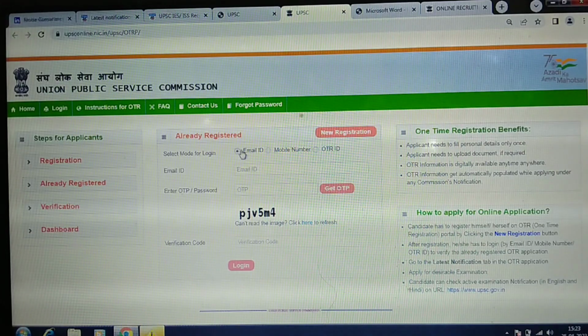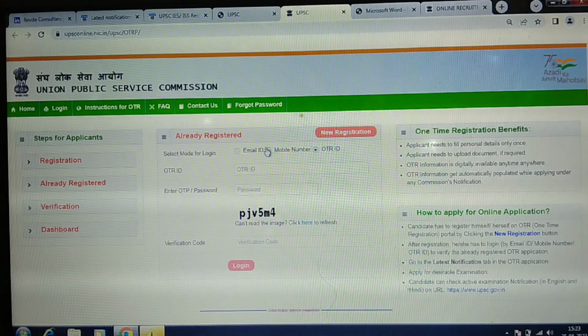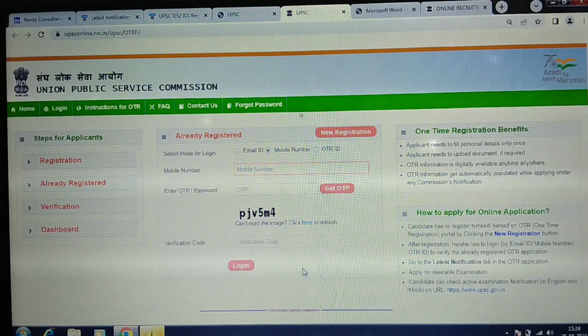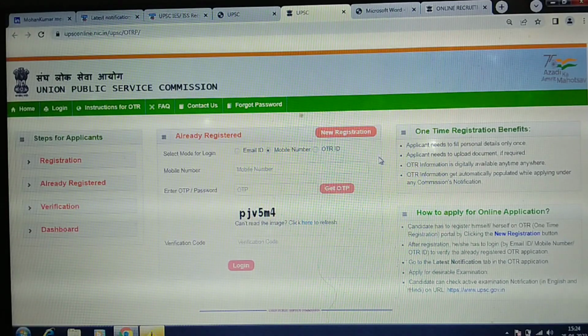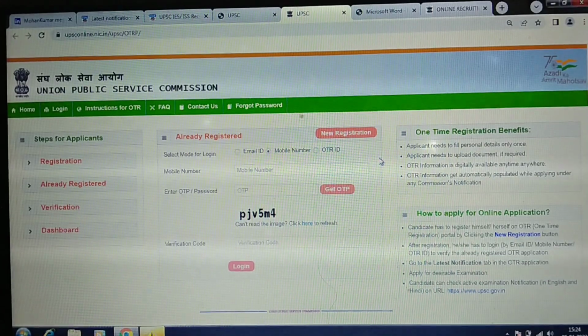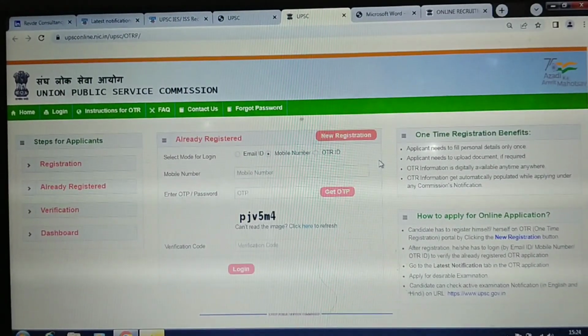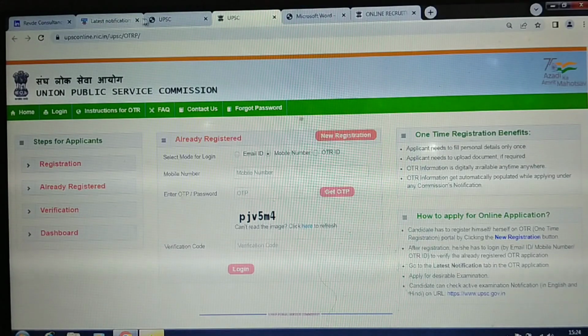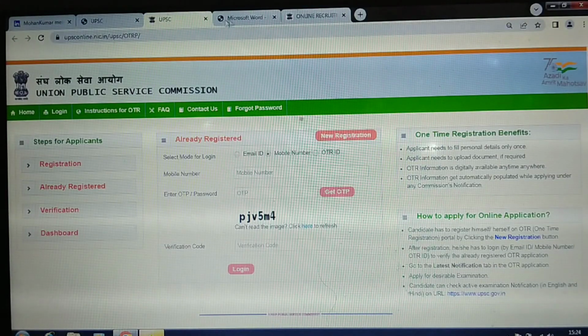You can log in by using your email ID and OTP. If you have registered and you know your email ID, you can enter your email ID or your mobile or OTR ID. By selecting any one of the three, you can log into your account. If you have not registered, if you are a fresher candidate who is going to apply for the Indian Economic Service or Statistical Services, you can click on